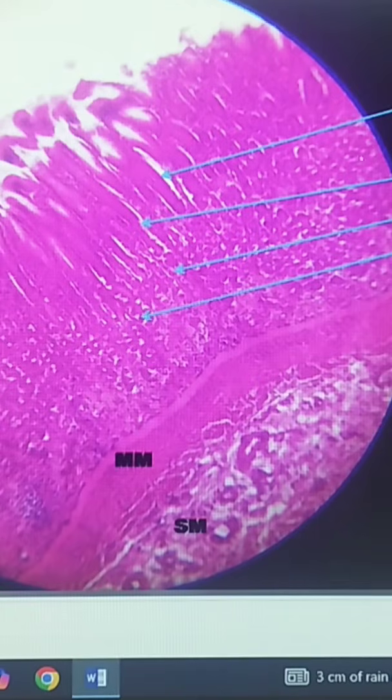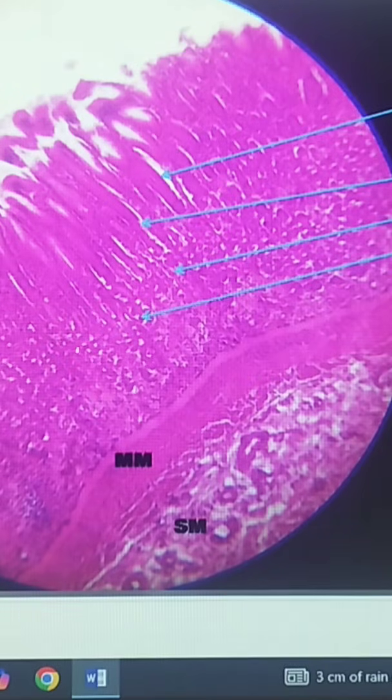See, I have put the actual photomicrograph of the stomach at the level of the pylorus. So this is the photomicrograph of histology of stomach at the level of the pylorus. Now already we have discussed the histology of stomach at the level of the fundus. Now in pylorus, what are the important things you have to identify?